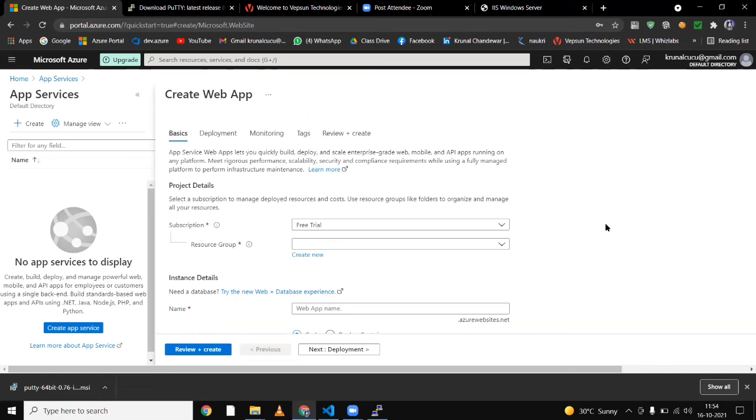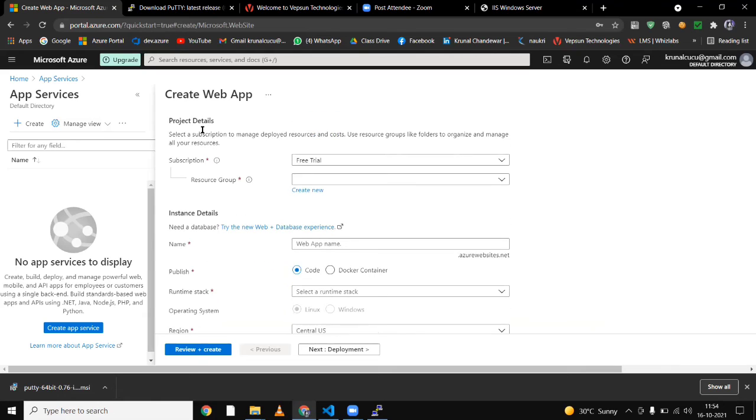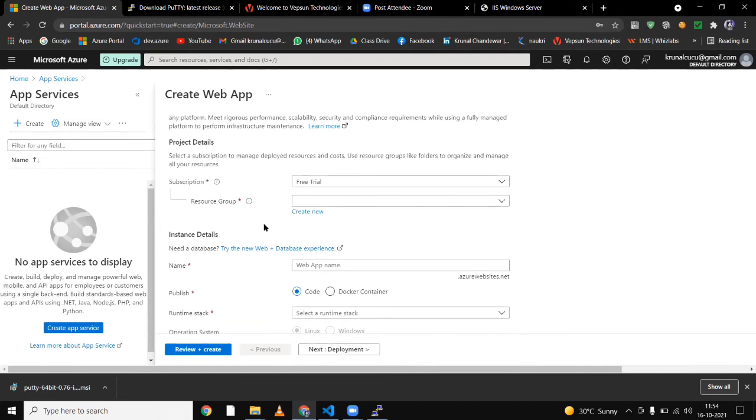Actually, no, we are not going with Kubernetes. We are first doing it here only. So let me tell you this first, because now our time is finished. But within 5 minutes, I have to cover a few basic things, and you will let me know tomorrow about this. So first we are selecting our free trial.